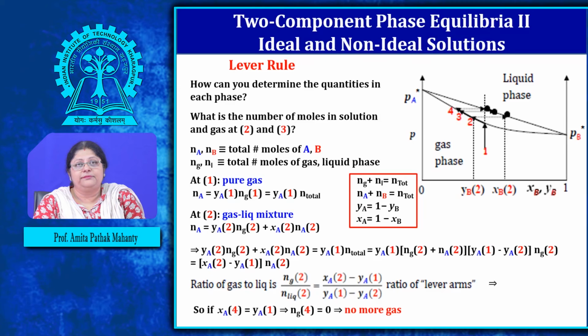And that is nothing but, for here, if I take it in terms of A, you can simplify this further by putting XA as 1 minus XB. Then it will get further simplified. Here also you can write down 1 minus YB, here also 1 minus YB. Then you can get it in terms of B. You should do numericals on this, otherwise you will never get it.